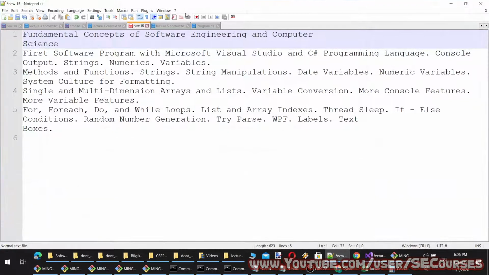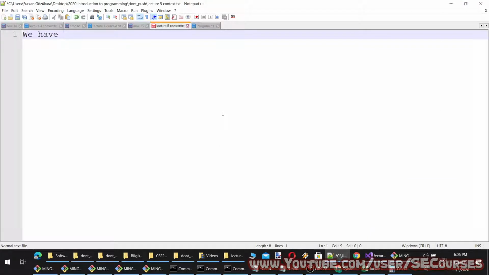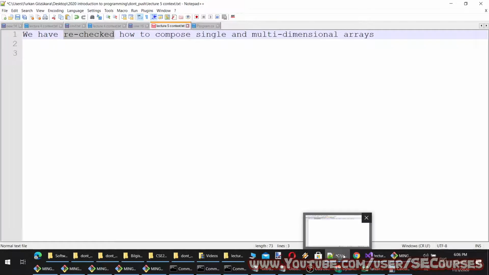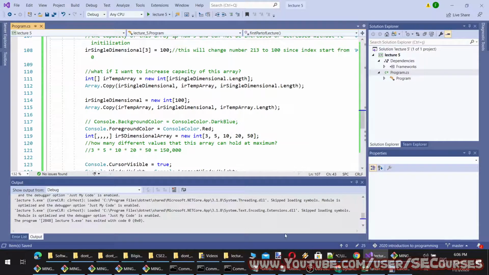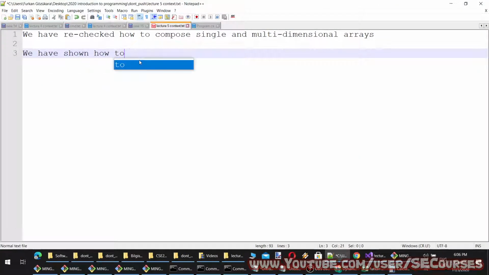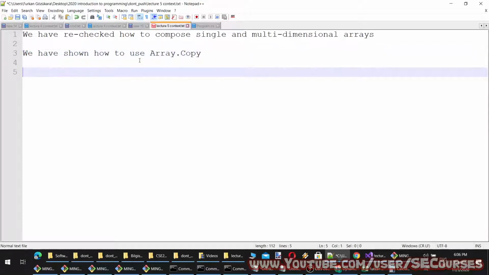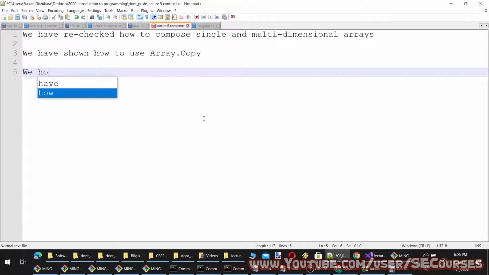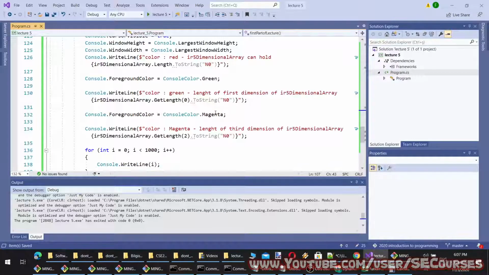So we have shown copy and how to style the console window.